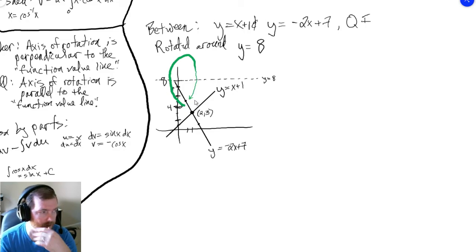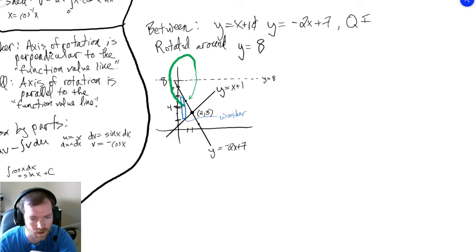Now we could, again, deciding on how we want to do this, use our washer method, which would take this rectangle defined by both functions and then rotate it around in this vertical method. And again, that would be washer. Or we could take it in terms of shell,